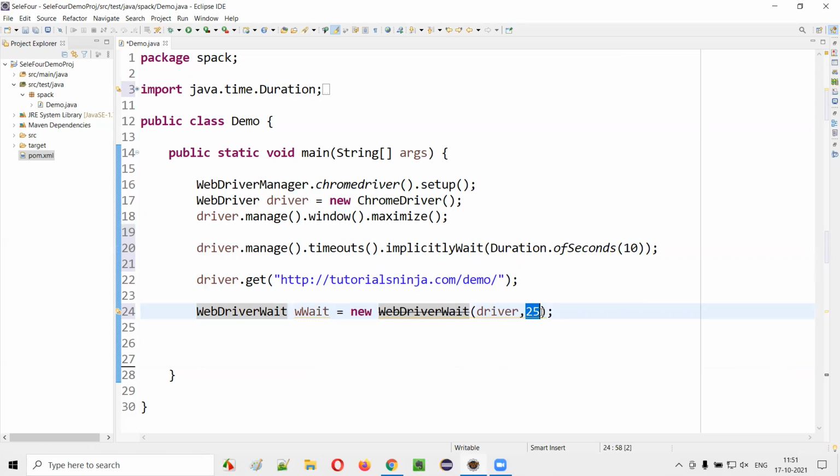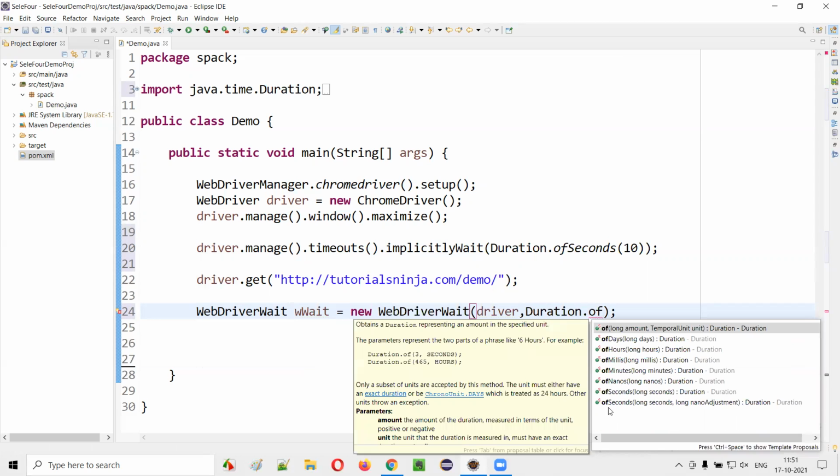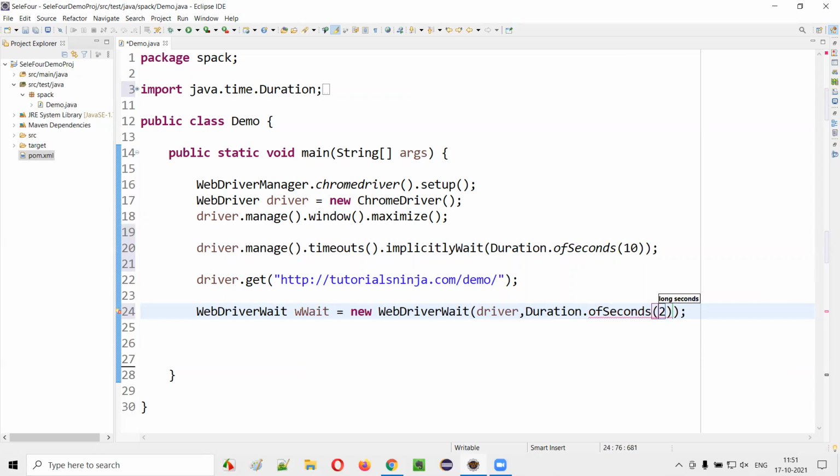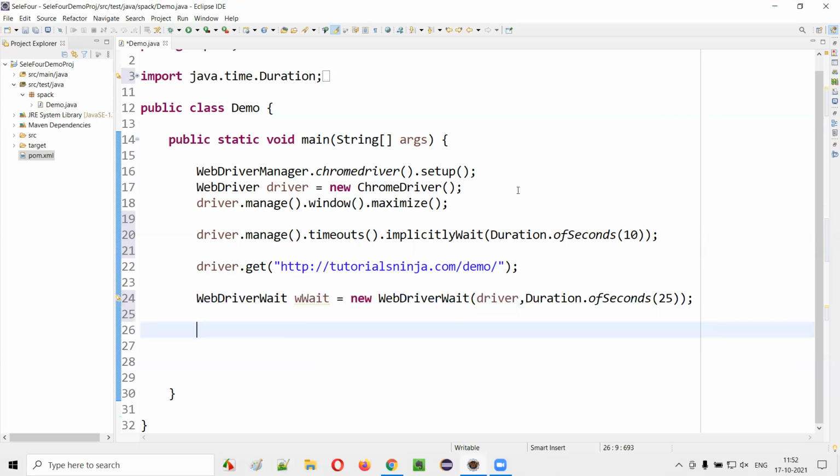So how to change this? Simple. Instead of giving the number of seconds directly, we have to say Duration dot ofSeconds and give that number of seconds. Now you see the strike off is gone. This is the latest way of the explicit waiting mechanism, that is WebDriverWait, in Selenium 4.